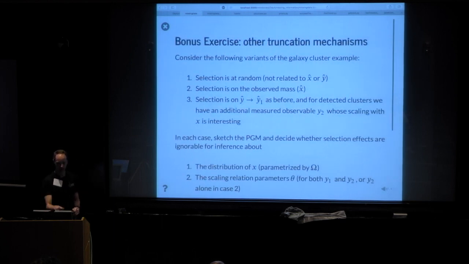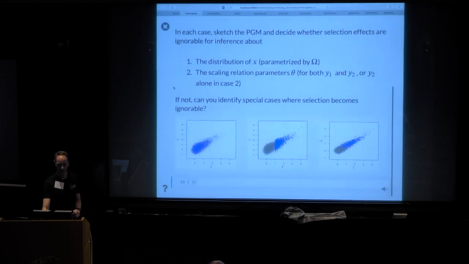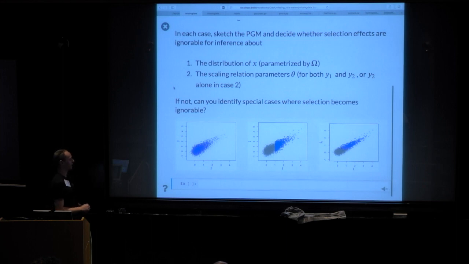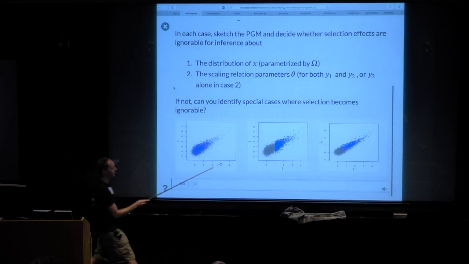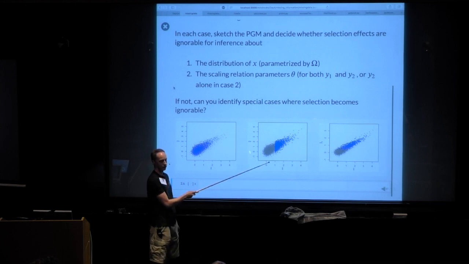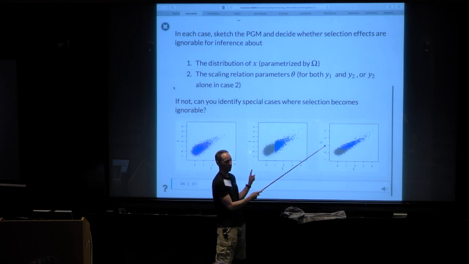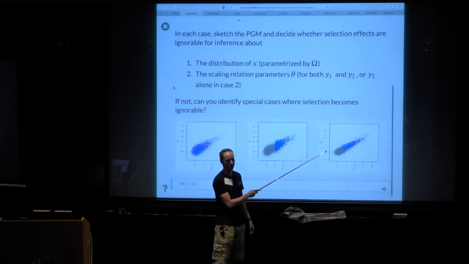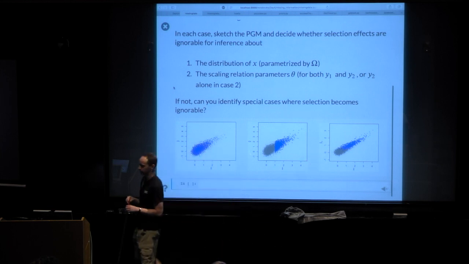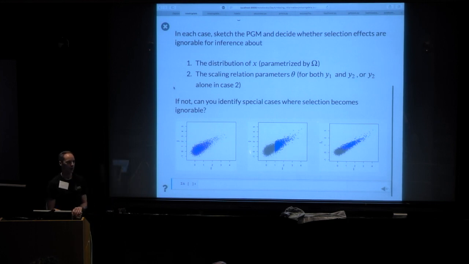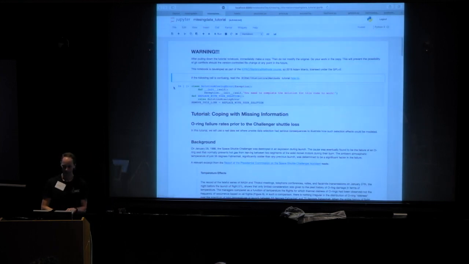Okay, this is not the exercise that we're going to do, but just to mention, at the bottom of the lecture notes there's the invitation to think about what happens qualitatively when you have data that are missing according to other mechanisms, like, I believe this is completely at random. This is a cut on the x-axis, like we mentioned, and this is a cut on y1, if we have y1 and y2 as a function of x, where y1 is not completely independent of y2. So those are things to think about if you want. Otherwise, we have the actual problem here.